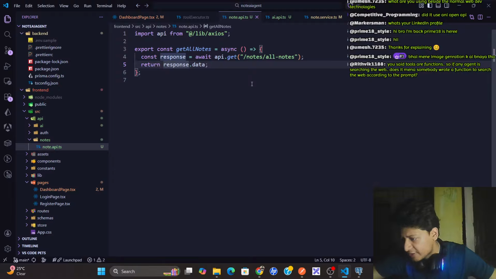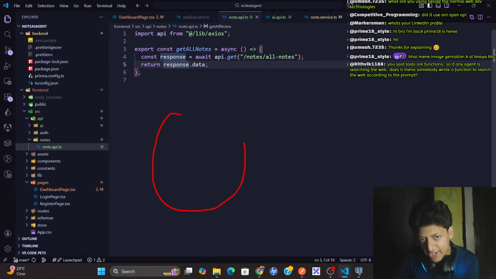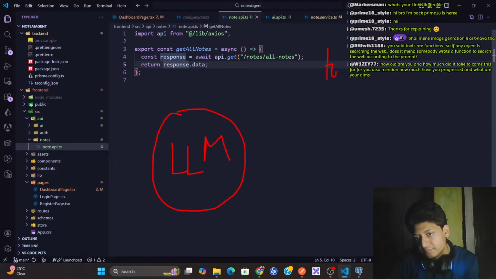Ritvik, you said tools are functions. So if any agent is searching the web, does it mean somebody wrote a function to search the web according to the prompt? Yes, exactly. Basically, when you have created an agent whose goal is to search the internet, there is a tool.